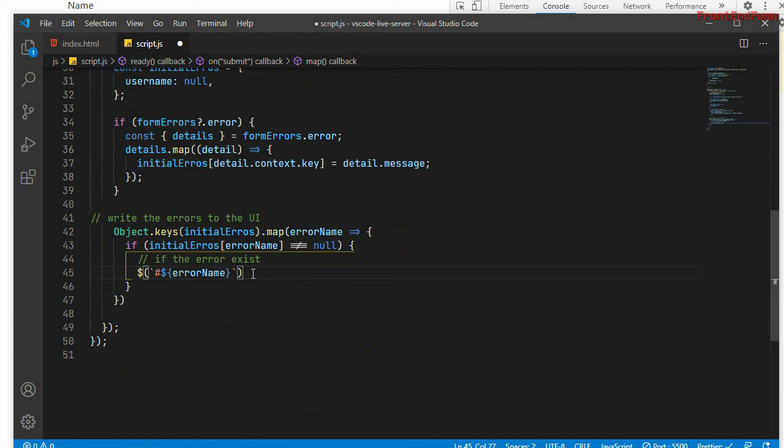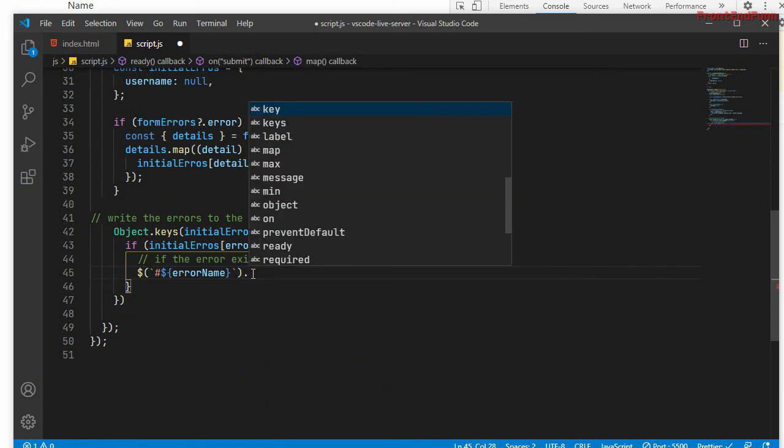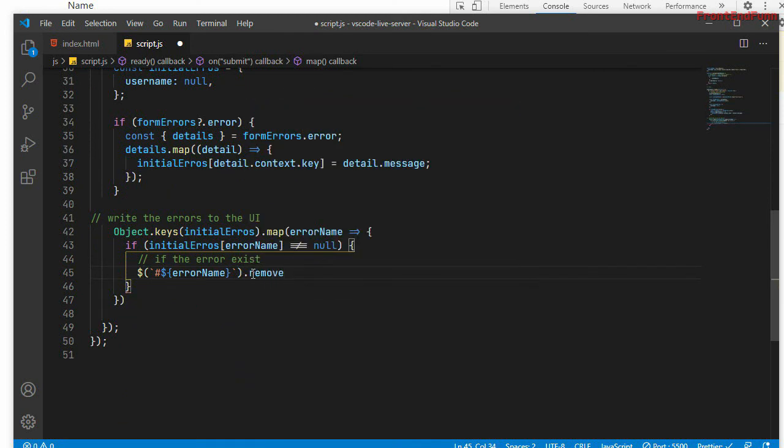So we need to show the error somehow to the user. So what we need to do is add a class and remove a class. If an error exists, then we need to remove the is-valid class and add the is-invalid class.